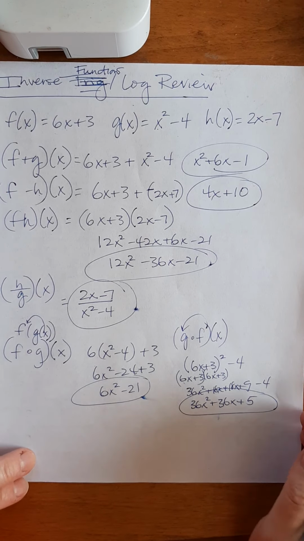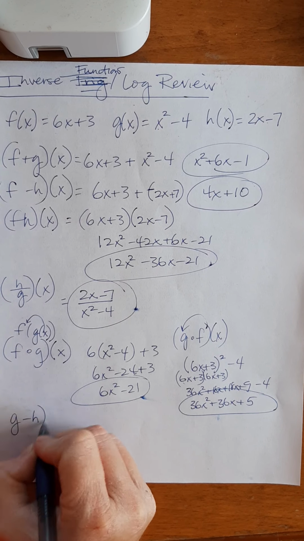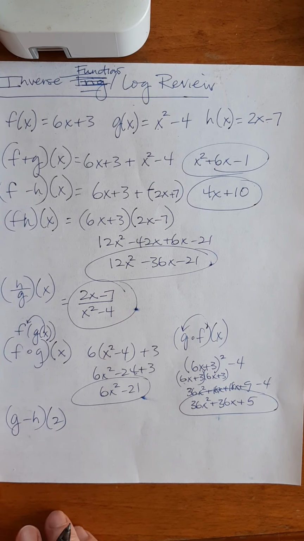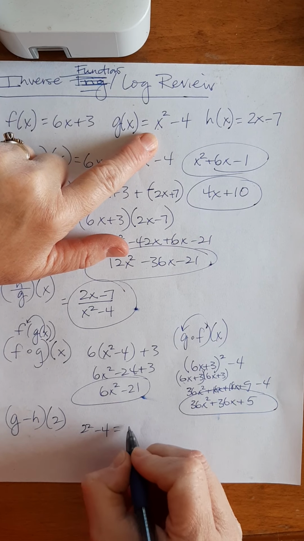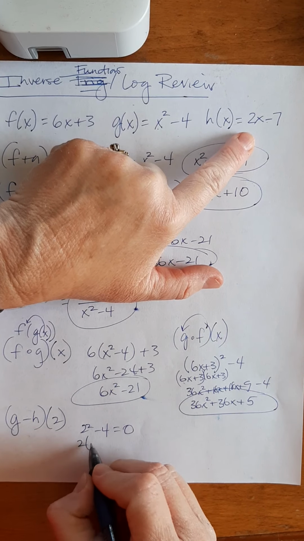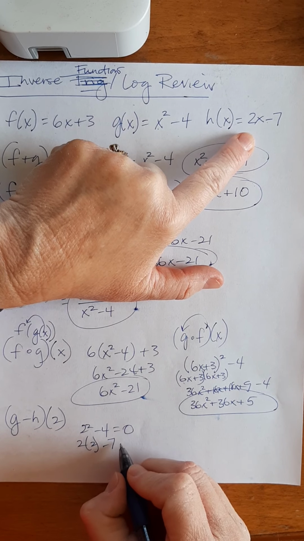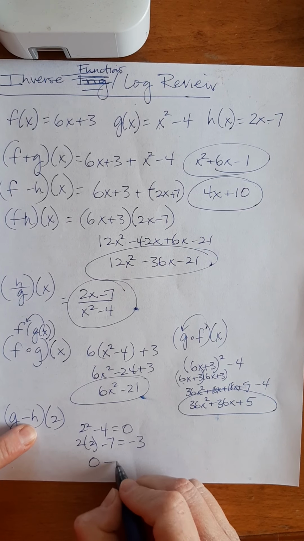And so that is all if you're taking it and it's an expression. Now, if it's a number, you actually just plug it in. So if I did something like g minus h of 2, you literally just plug 2 into g. So 2 squared minus 4, 0. Plug 2 into h. 2 times 2 minus 7, negative 3. So 0 minus negative 3,